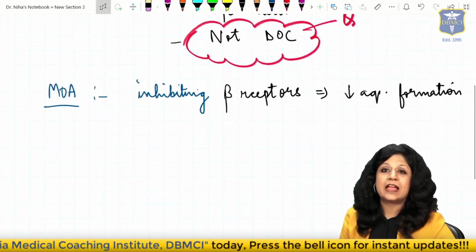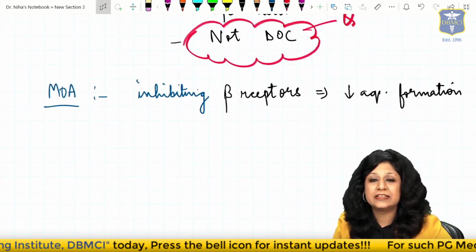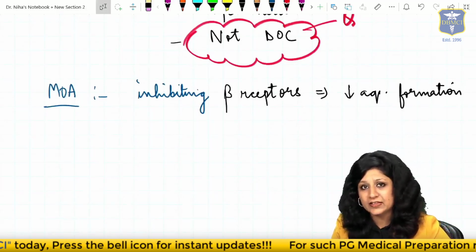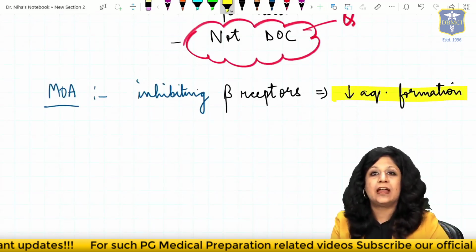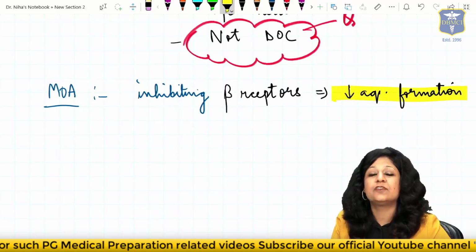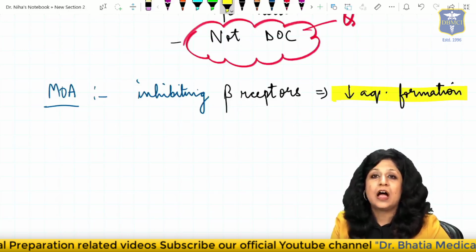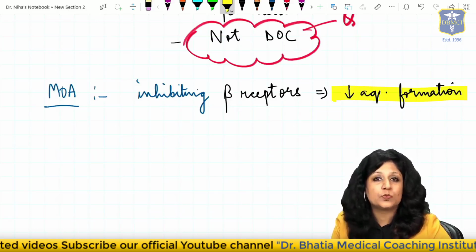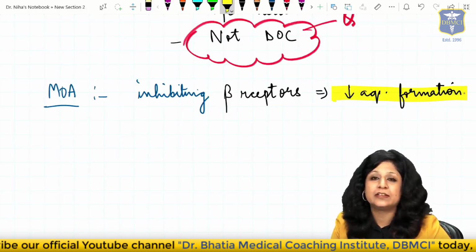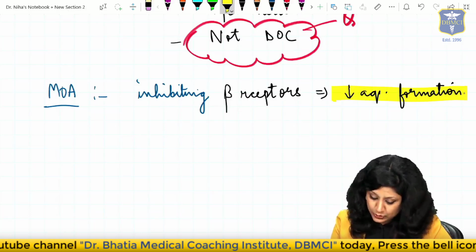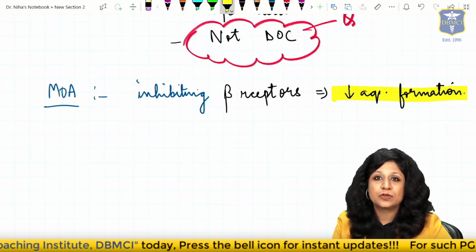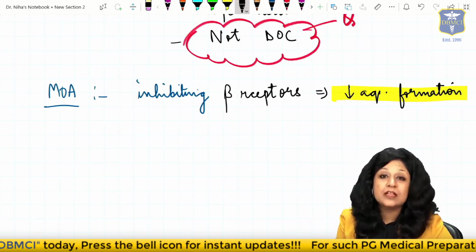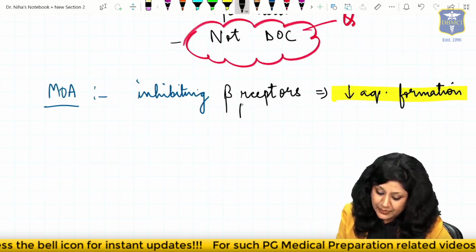As you know, anti-glaucoma drugs fall into two categories: those that decrease aqueous formation, and another set that increase the outflow. Outflow can be of two types: trabecular outflow and uveoscleral outflow. So beta blockers decrease aqueous formation by inhibiting the beta receptors, and